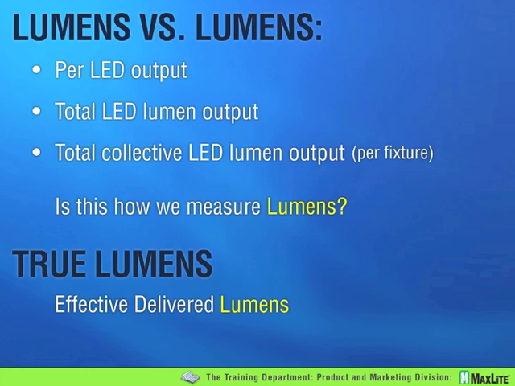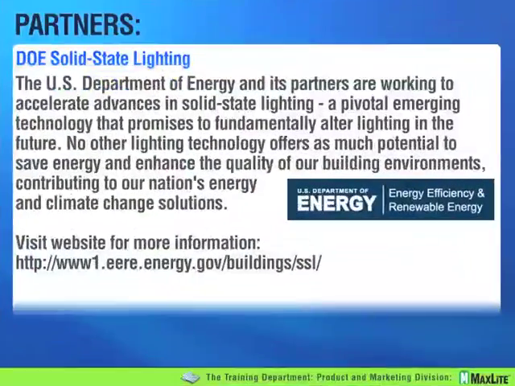So, effective delivered lumens is vital to know. If 30% of the lumens are never leaving the fixture for whatever reason, you certainly can't count that as part of your lumens per square foot and the like. And to know all of these terms, such as LM79, LM80, we urge you to go to the